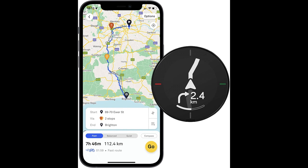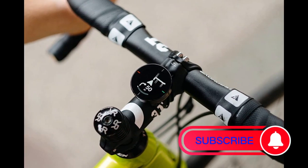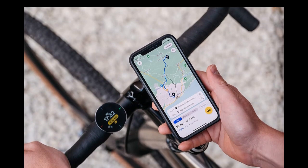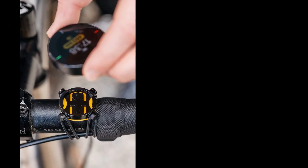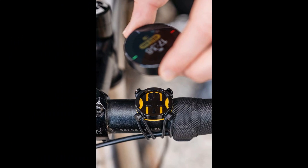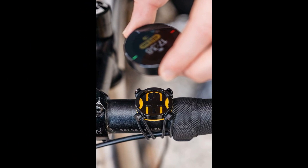The device has a simple, intuitive interface that displays your route on a clear, easy-to-read map. It also provides live route updates, allowing you to adjust your route as needed. The device is compatible with both iOS and Android devices and can be easily synced to your smartphone to access features such as Strava integration, weather updates, and more. The Beeline Velo 2 also features a built-in compass and speedometer, allowing you to keep track of your speed and